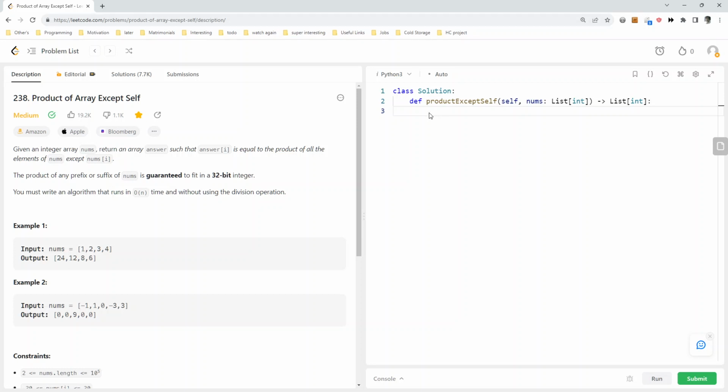Hi guys, let's do this question, product of array except self. You can read the problem statement, but basically it says that this is an array, a list of numbers, and we have to give the output such that for every index here, it should be a multiplication of the entire array but itself. So for the first one, we'll leave 1 and multiply everything, 2 cross 3 cross 4,